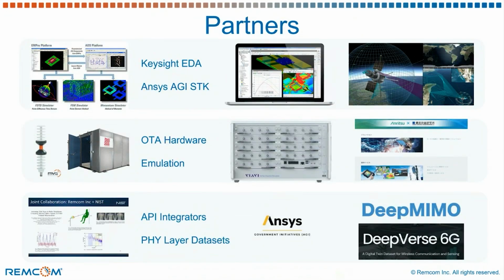With our partners, being a small business, this is extremely difficult. So we have deep relationships with our friends at Keysight, Ansys, now Synopsys, MVG, ETS, Viavi, and Anritsu, with our partner in Japan, Kozo Keikaku Engineering. And we have API integrators, namely Ansys SDK. And we are deeply collaborating with academics and with the US research groups, including NIST, for measurements and publications, and developing machine learning models and training data sets for various use cases, including MIMO and multimodal sensing.